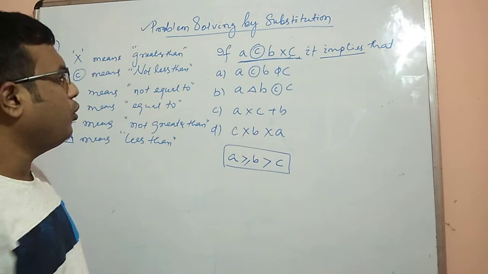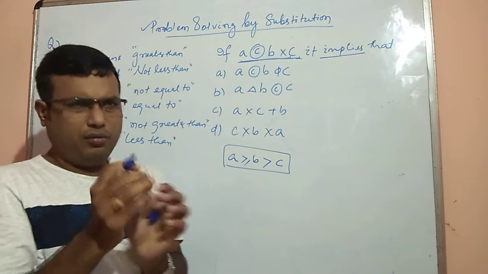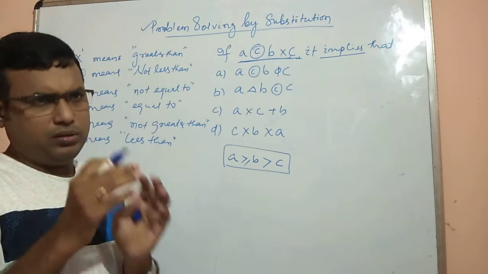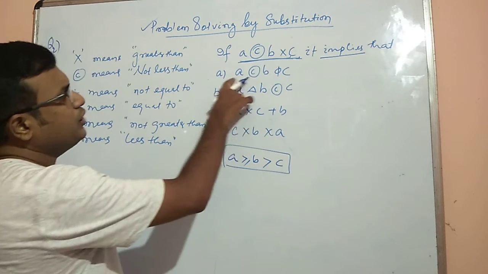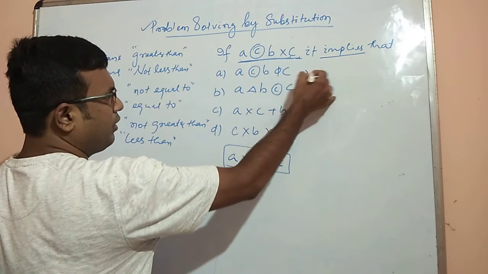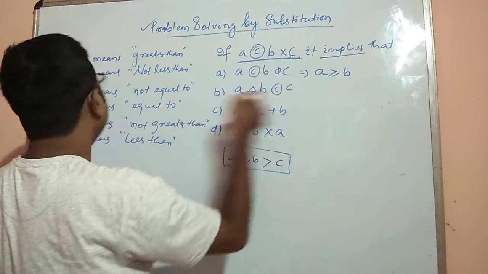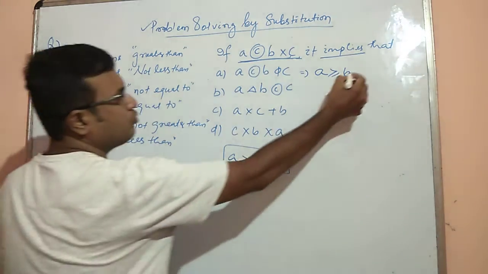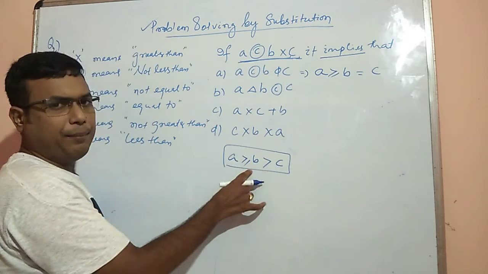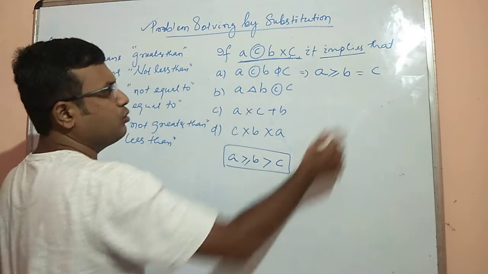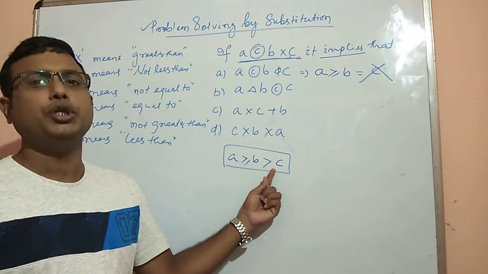You have to choose following expression which is equals to. That means nearly equals to or equals to. It is not exactly searching for the definitely equals to, right? Then come to this one, A. This one can be written as what? A copyright. Copyright means not less than means greater than equals to B. Then phi. Phi means equals to C. See, here first part is the same, but second part B equals to C. So this is cancelled. Right? It is required to show that B is greater than C.